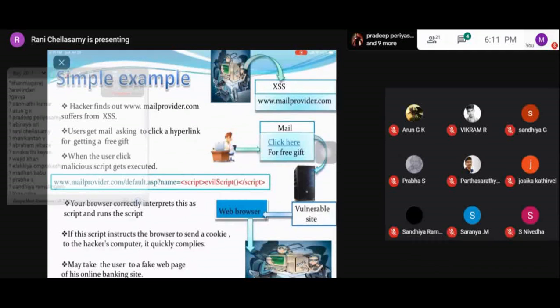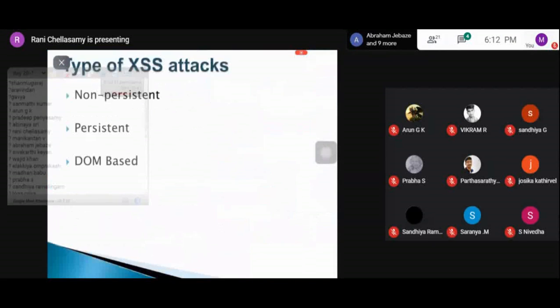JavaScript code is added onto the data, so that when the user clicks here, it will direct them to the vulnerable site, which is an unknown site, not a legitimate, original site. From the vulnerable site, the user will be asked to provide some personal information, so that the web browser will be accessed by the hackers.